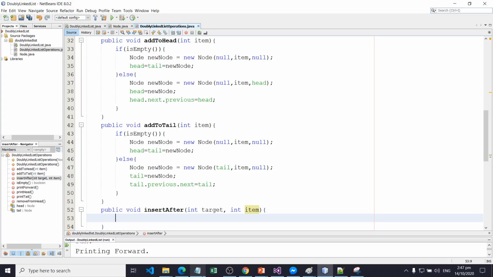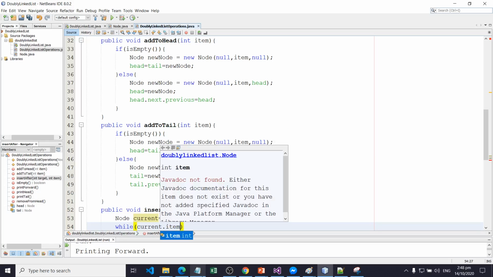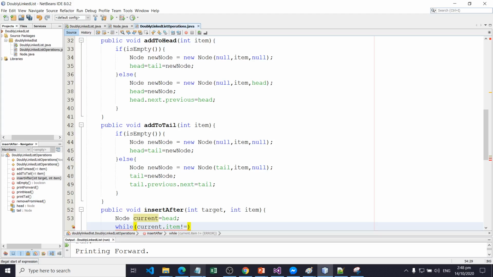Here we need to declare a variable current that will start from the head, and then we loop and look for the target while current dot item is not equal to the target and current is not equal to null.